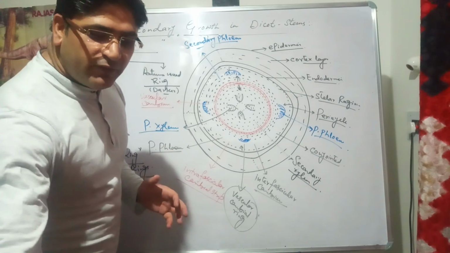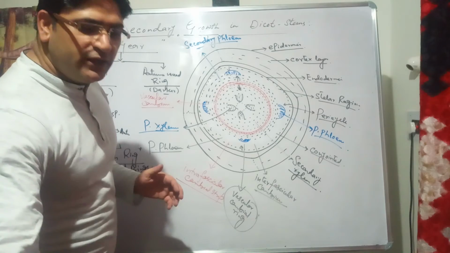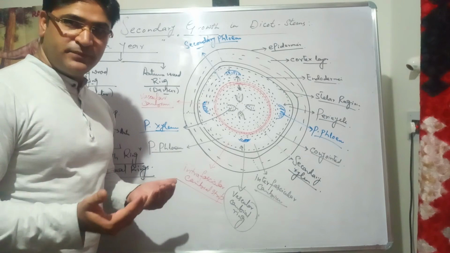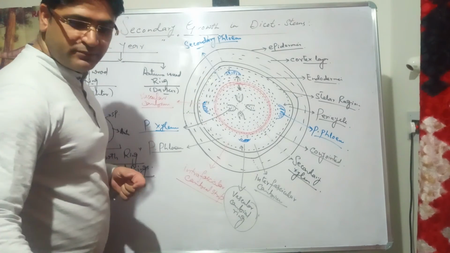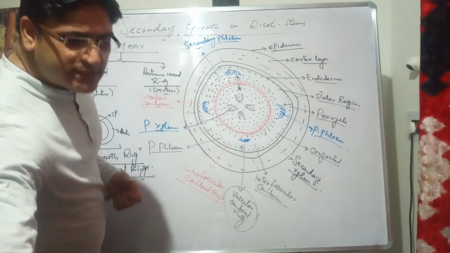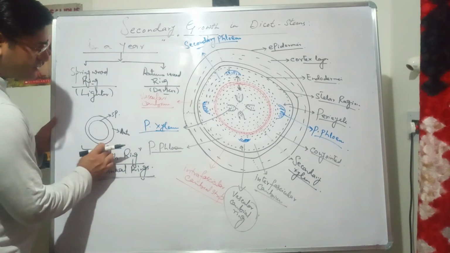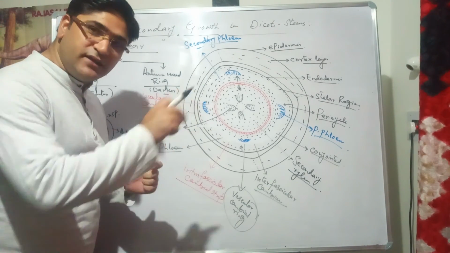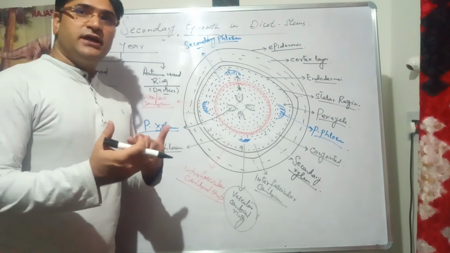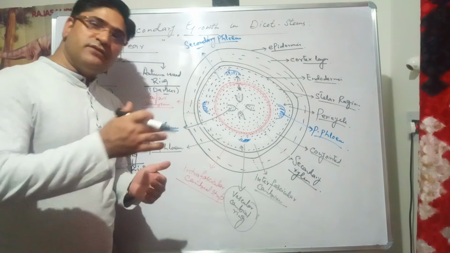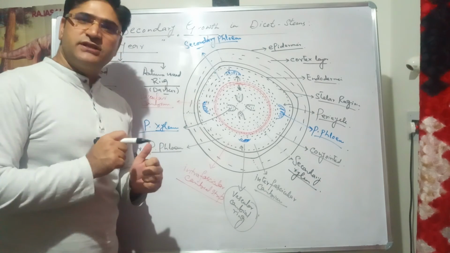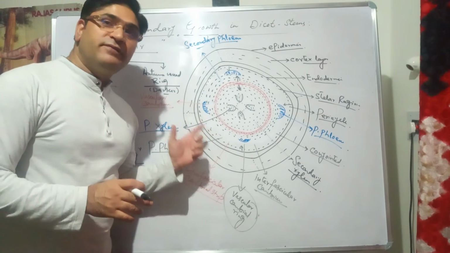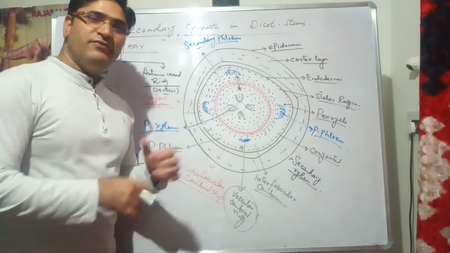And when we take the cross section of the plants, and the researchers have to find out the age of the plant based on these annual rings, as I said, one annual ring has a lighter ring and a darker ring. So they count these lighter rings and dark rings. For example, if there are 15 light rings and 15 dark rings in that cross section of the plant stem, then they assume that this plant is 15 years old.